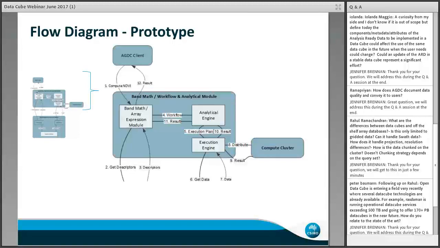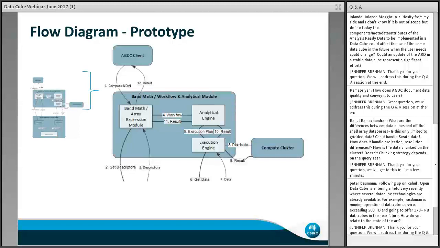So what I will do is I'll get descriptions of that, and it'll work out, look at that data and say, okay, to process that data effectively, I can divide it up into smaller chunks on 1,000 cores, and then it'll feed it off to the execution engine, which will marshal the cluster to get that work done for you. And in that process, it'll divide up how much data each cluster node gets and allow that processing to occur. And if you hit next slide again,